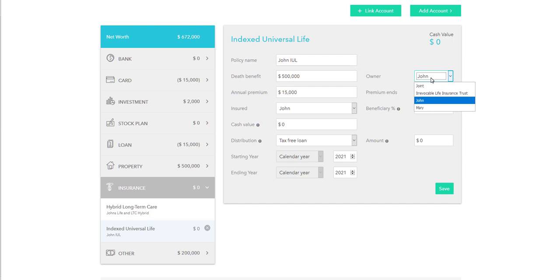Now, important is that if you have set up what's referred to as an ILIT, or an irrevocable life insurance trust, make sure you put this on as the owner because it will change the taxes. Next, do you have a joint life? That means that both you and your spouse are insured, or is it a single life? Very important, because if we do a what-if